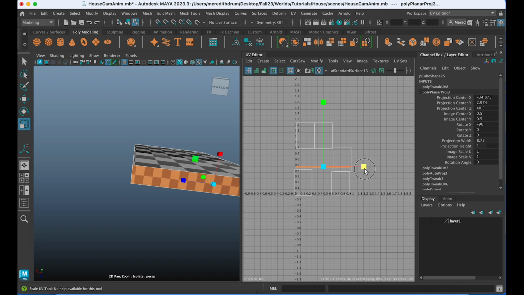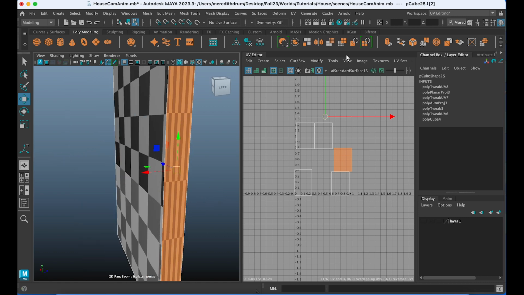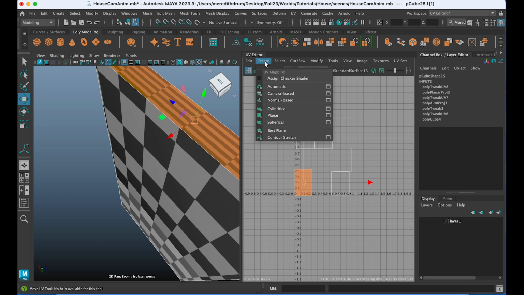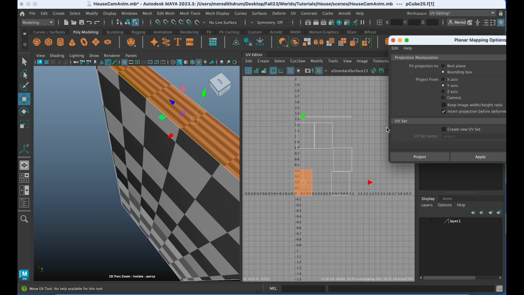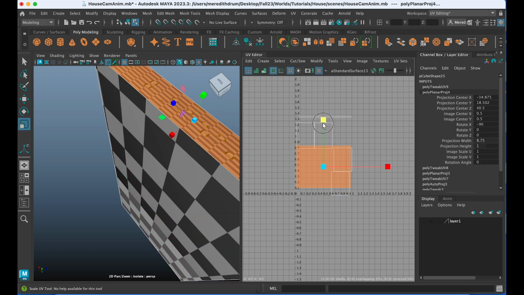Maybe that's too long. Okay, so something like that, and then you can move it out of the way for now. Let's look at what this one is. It's on the side. Let's do the top first because it's the same projection angle, which is the Y, because it's going, you can see the Y would be the projection. So then let's scale that down so it's more even.